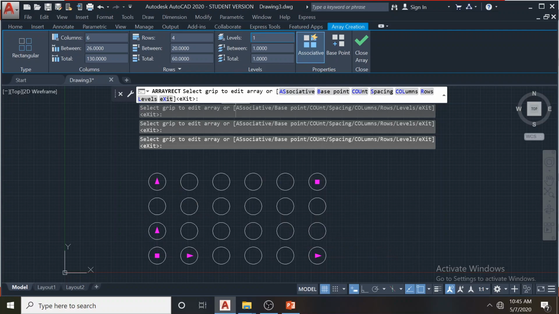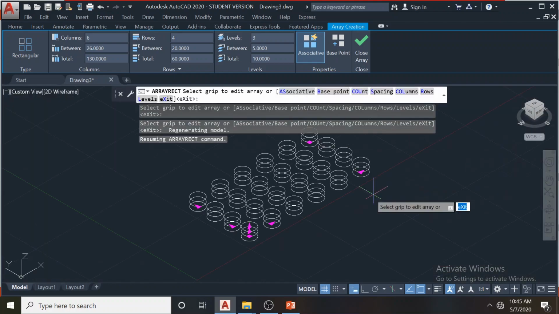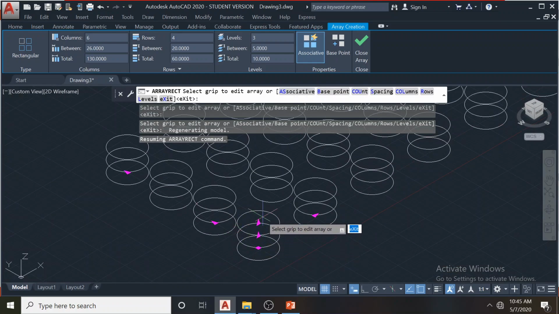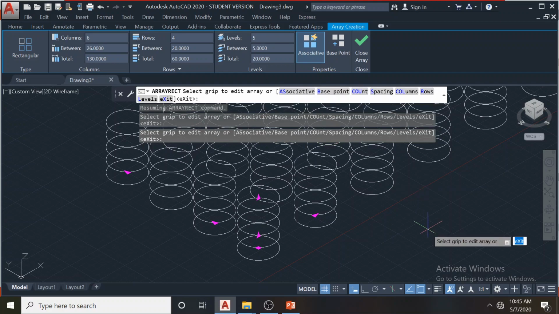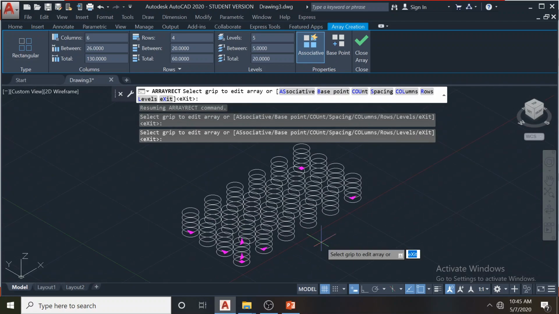Now if you want to adjust the z direction, it can be done. When you increase the number of levels, it's going through the z direction. Now I can't see what's the change, so if you go to home view, you can easily see the levels coming. If I have level 1, it's only x and y direction. You can increase the number of levels like this and get a 3D shape.